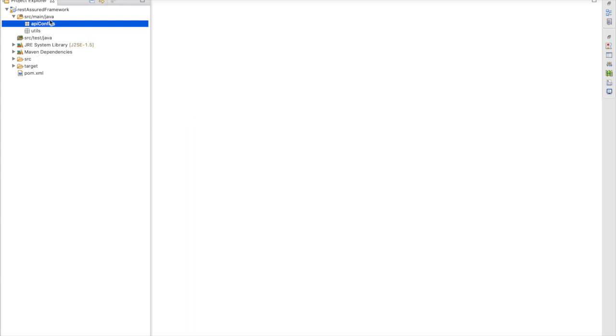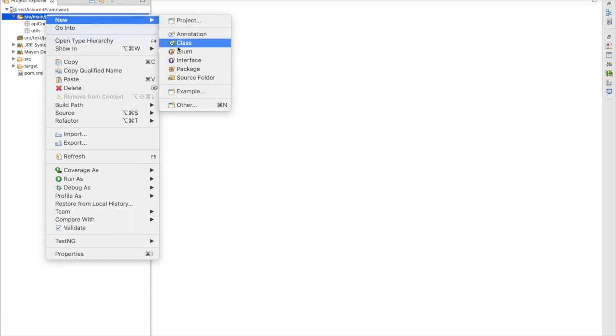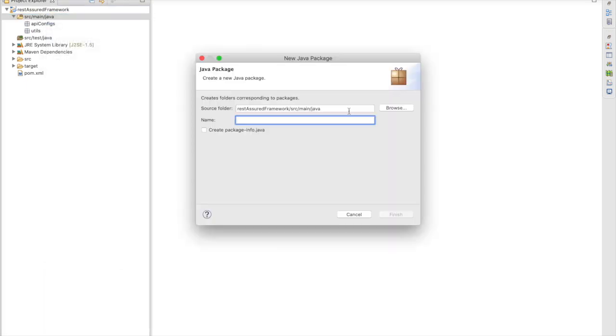Now we are going to create one more package for API verification. So let's say we have multiple APIs, 10 APIs, or 20 APIs, whatever number of APIs we have. We are going to perform certain operations, and then we are going to validate some data. Let's say for each API we are going to validate the status code, we are going to validate error messages, or further information, or HTTP codes.